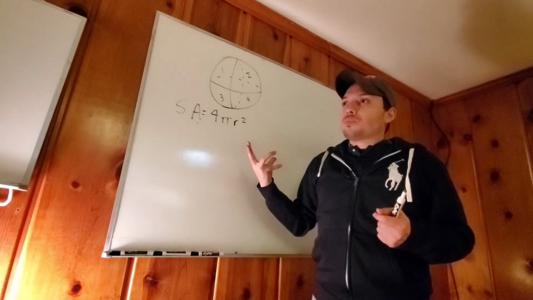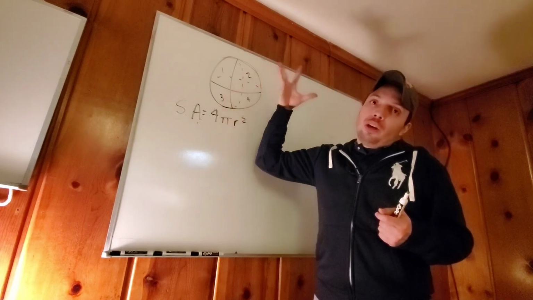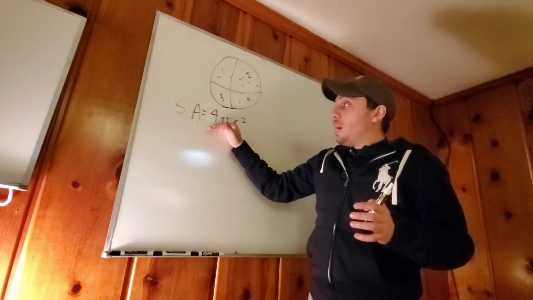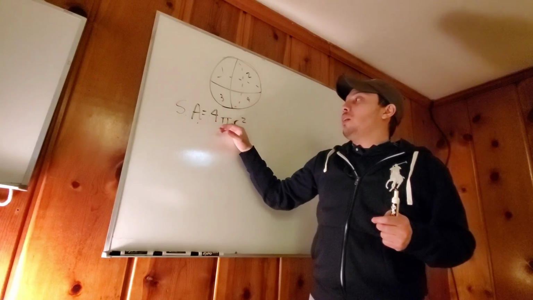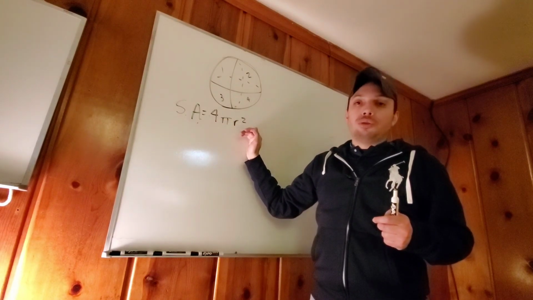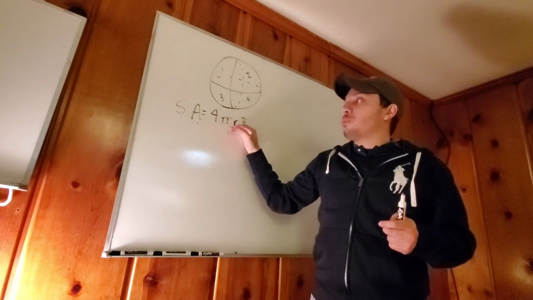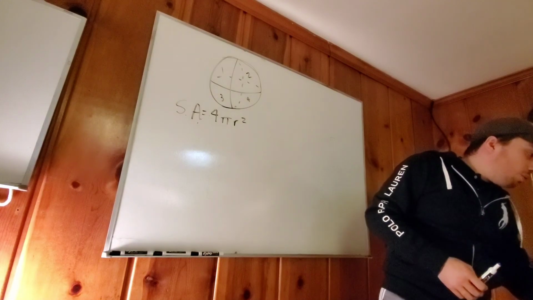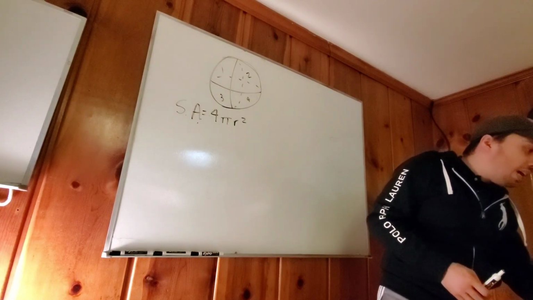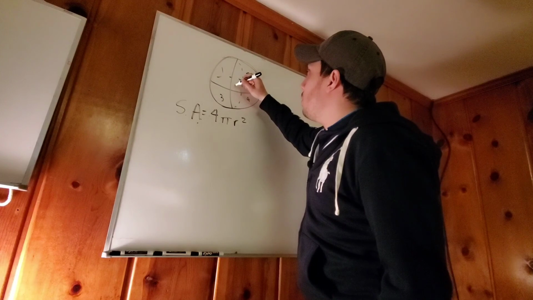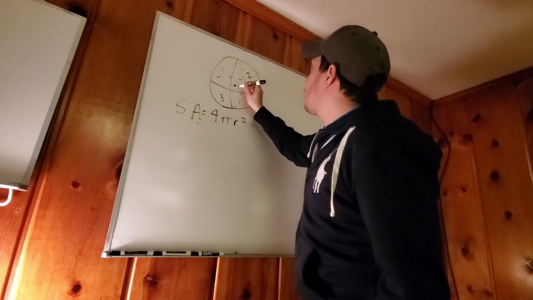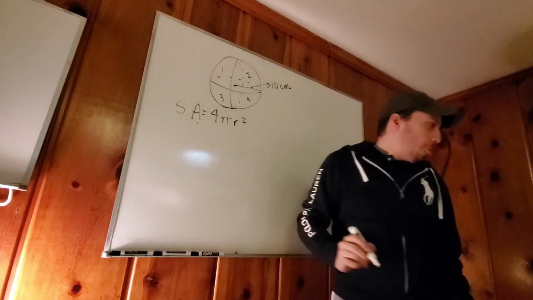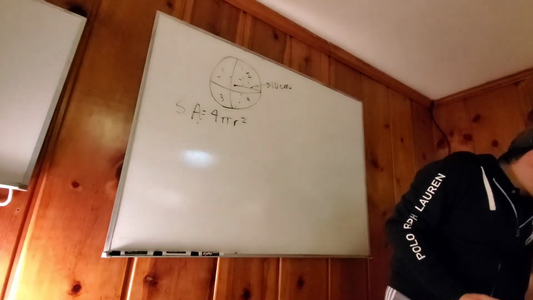But understand this. If we're able to flatten it out completely into perfect circles, it would be 4 times the area of a regular circle. So 4 times the area of a regular circle would make the surface area of a sphere, and that's all you need to know. Because in example 2, they tell you the diameter of a softball is nearly 10 centimeters. So this diameter is 10 centimeters. Find the surface area of a softball,